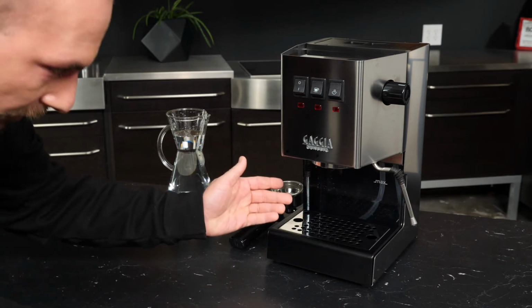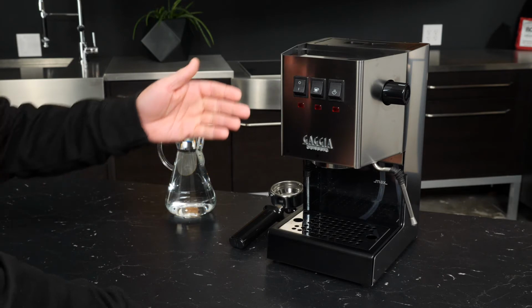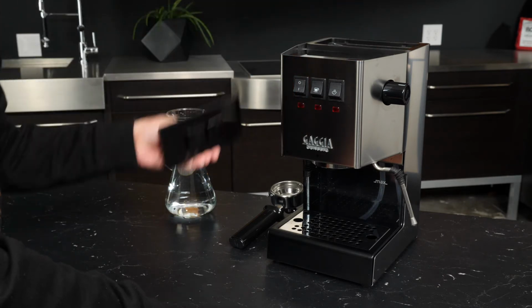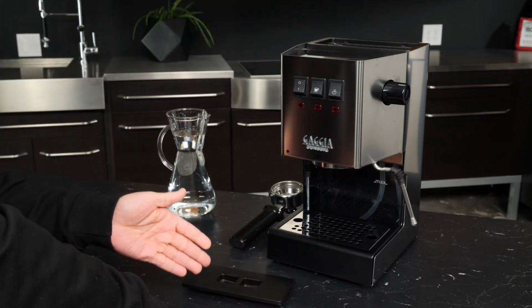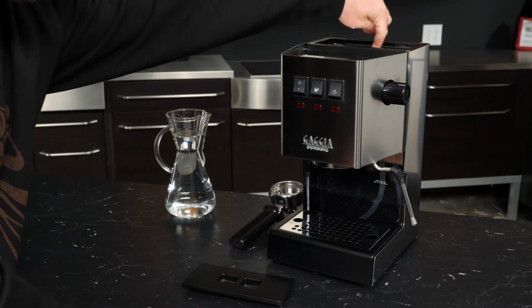Now, I didn't fill the reservoir all the way, and there is a max fill line that lets you know how much water to put in here. So I'll show you now how to fill from the top. This lid simply comes off and we'll go ahead and pour water in. So there's a slope here and then the actual